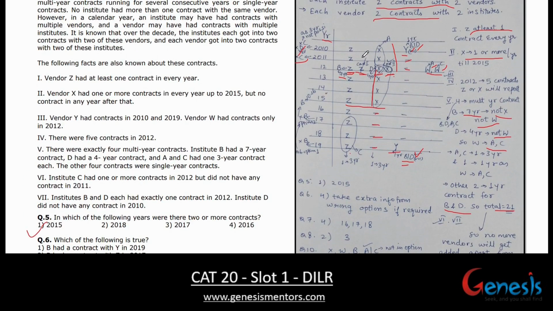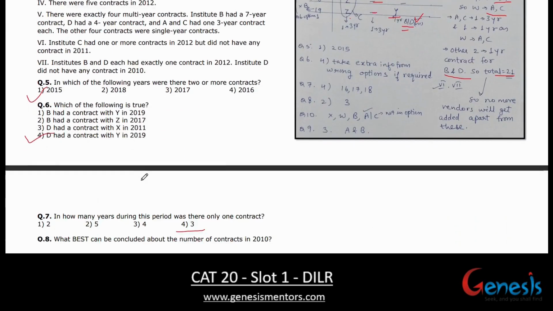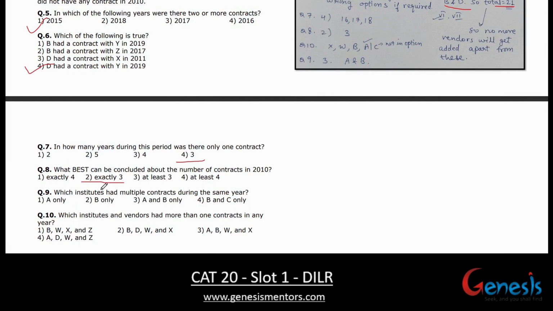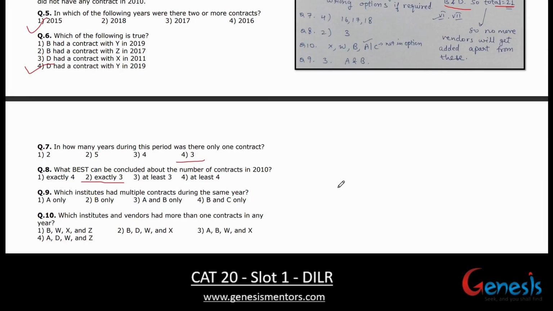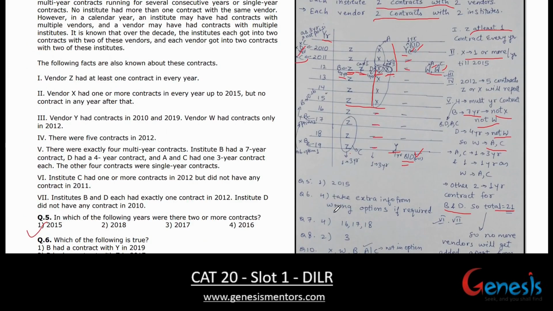What best can be concluded about the number of contracts in 2010? How many contracts happened in 2010, one with Z, with X and with Y, so there are 3 contracts. Correct answer is exactly 3. Which institutes had multiple contracts during the same year? Okay, so if I talk about multiple contracts in the same year, right? So here if I talk about 2012,